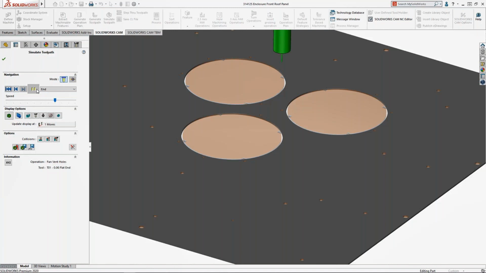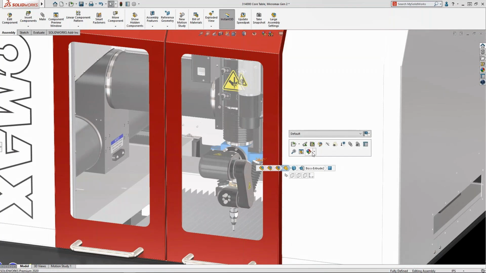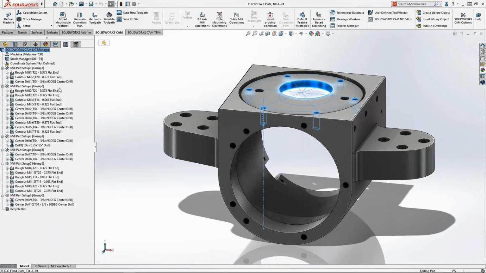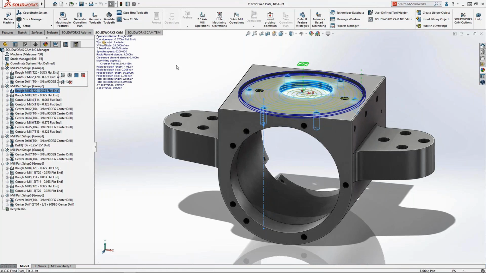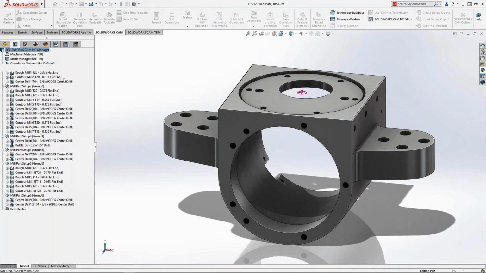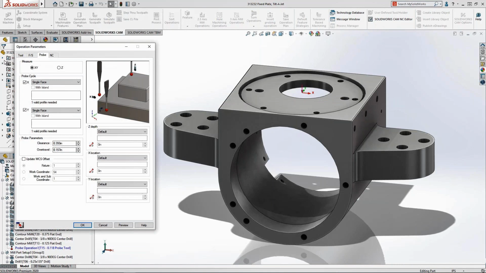complex part manufacturing. So the next new feature is probing routines. And if we take a look at the more complex part here to manufacture, it's easy to see why probing routines are going to be critical to the manufacturing process with this. Many parts like this require initial cut, and then we need to reestablish those datums or reset them based on new features. So we can see that here where we're using that top face to reposition this part with the